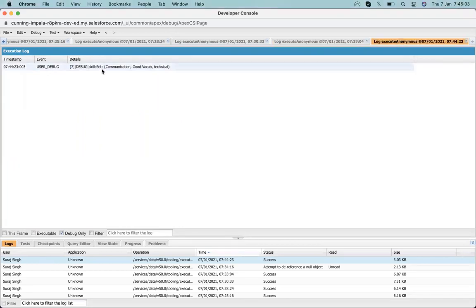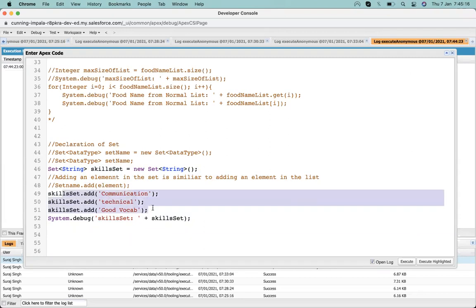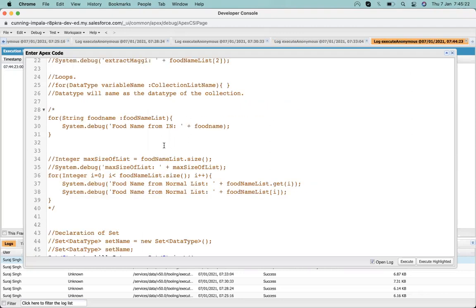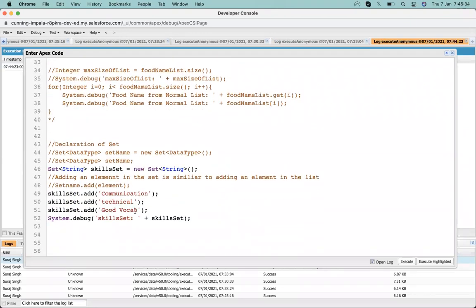Okay, curly braces, so how it operates inside, it's an inside operation. What we are doing is adding elements one by one in a set, and whatever element is added in a set gets ordered. But in a list it is not ordered, it will act the same as how it's added in that list, but in the set it gets ordered.